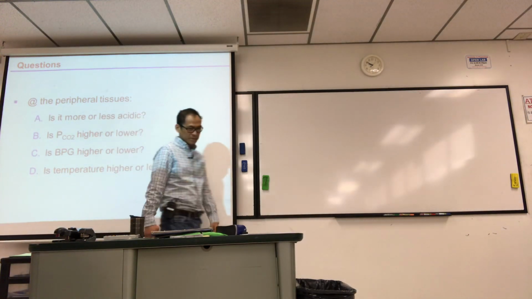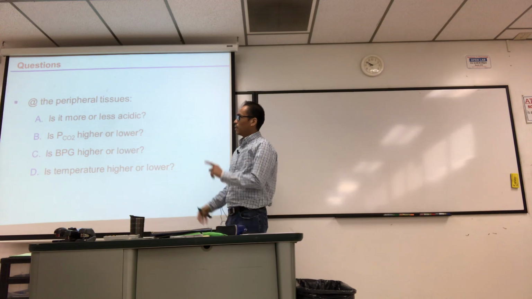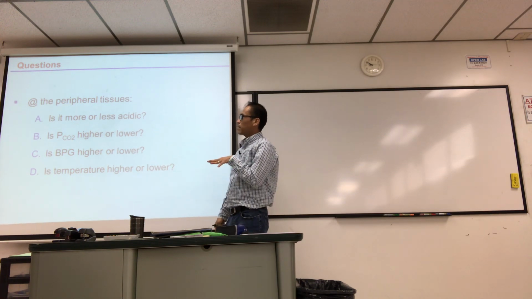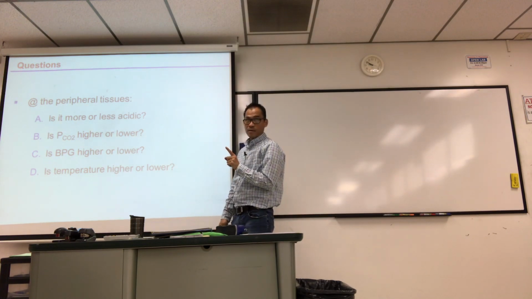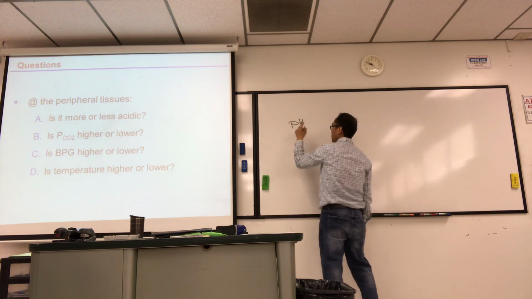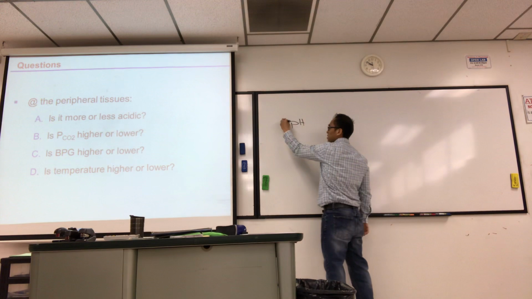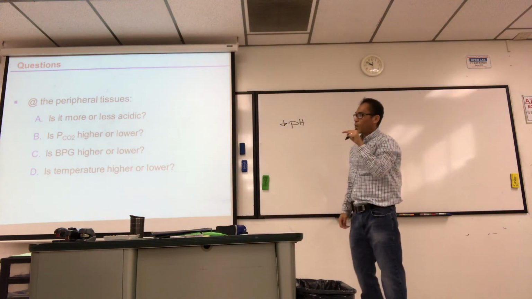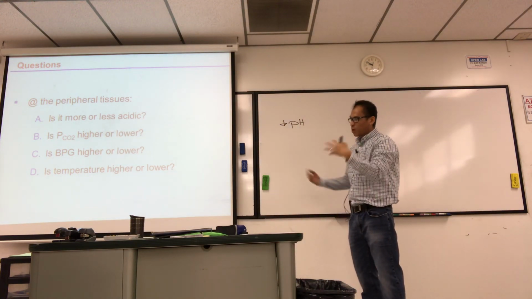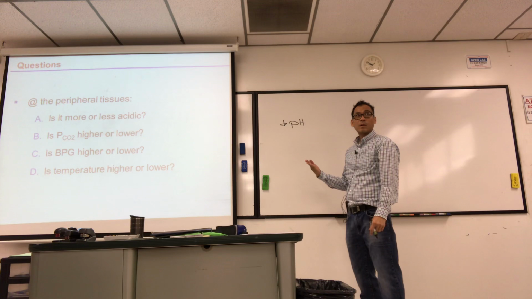Let's pretend you're exercising and consider these 4 things. Is it more or less acidic? It is more acidic, okay? Let's address that in terms of pH. If it's more acidic, is pH increased or decreased? Decreased. Okay, that's thing number 1. When you're working out, when you're exercising, is the partial pressure of CO2 in your blood higher or lower? It's higher, it accumulates,